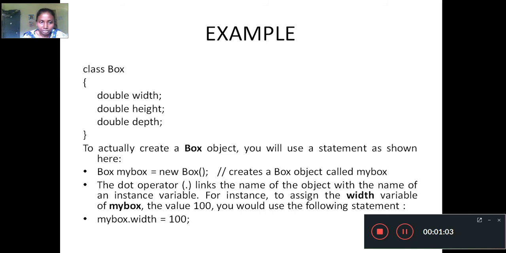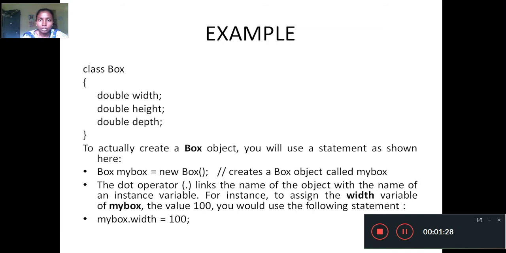Inside, some fields, some data members, the variables are there. I take double, or you can take integer or float, whatever you want. So I'm taking double width, double height, then double depth.